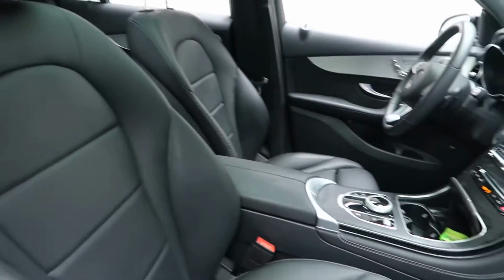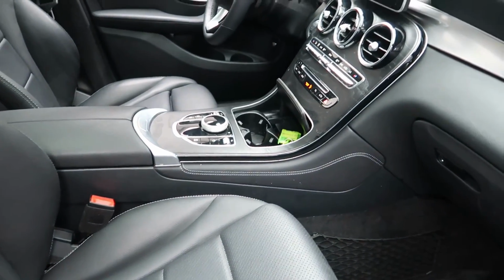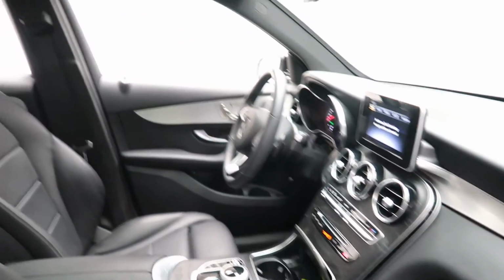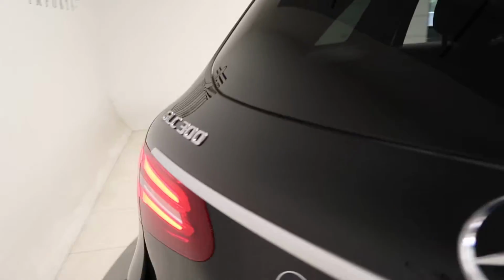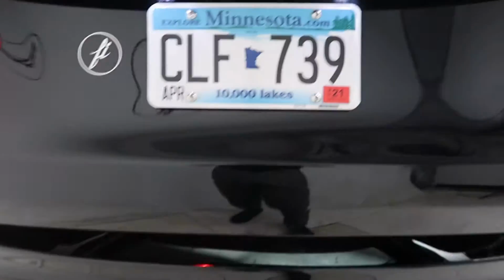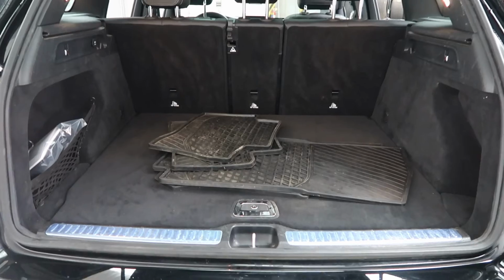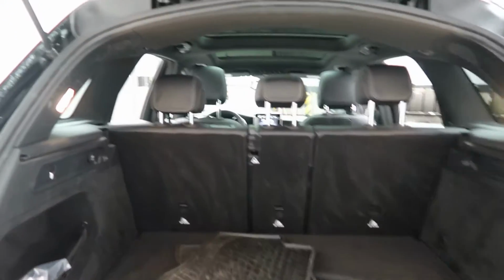black MB-Tex interior with a natural grain black ash wood trim, panorama sunroof, GLC 300 4MATIC badging, power liftgate, clean set all-season floor mats, fold down rear seats,